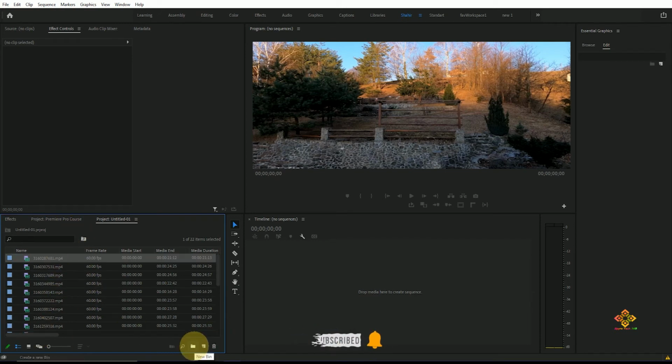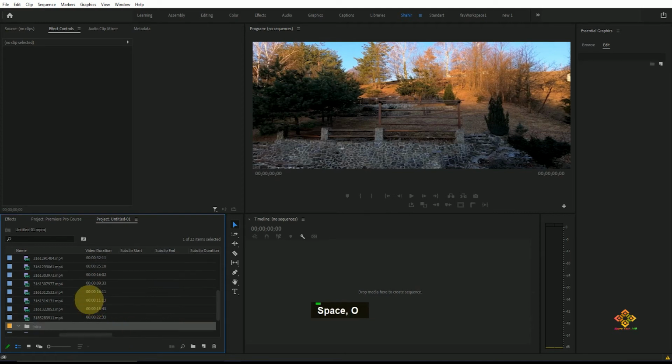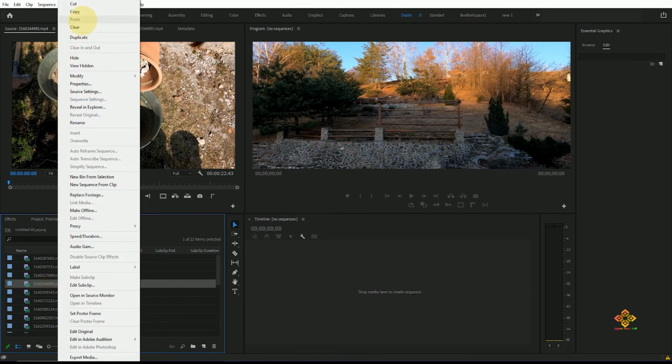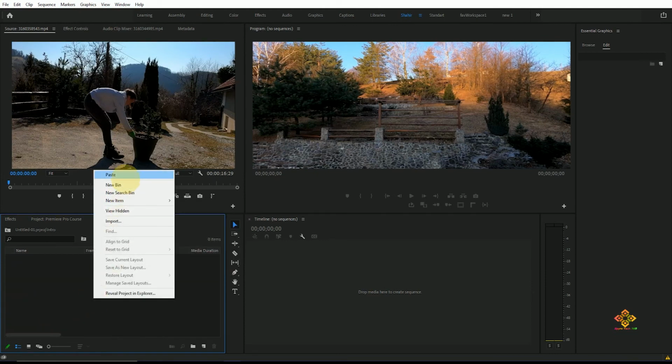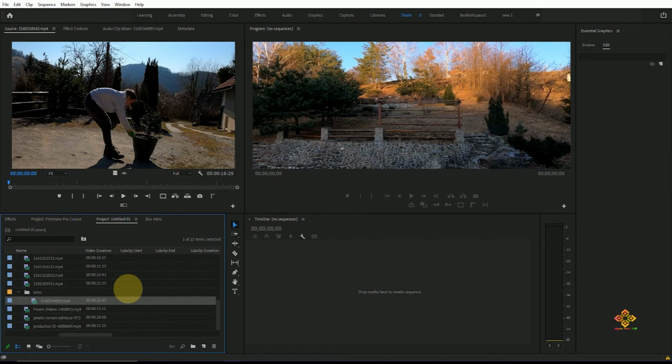If we click here, it will create a new bin, and we can rename this bin. Suppose intro. The file which we want to cut, and paste it here. So if we click the intro folder here,